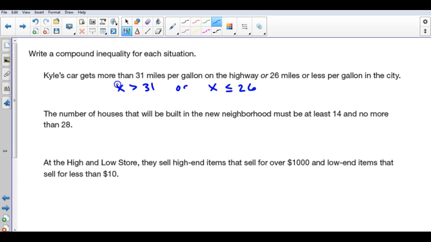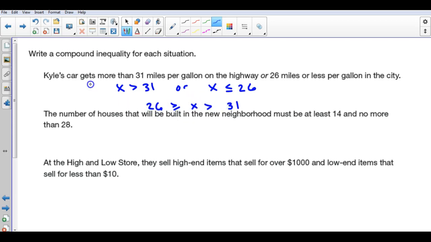So what I want to do is put X in the middle of this. I want to put 26 here, I want to put the X in the middle, and I want to put the 31 over here. So I know that X is greater than 31, but if I flip this going the other way, since this is X is less than or equal to 26, now if I write the 26 first before the X, I need to flip-flop that sign. So I needed to say greater than or equal to. So what that means, again, X is less than or equal to 26, or he's greater than 31 if he's